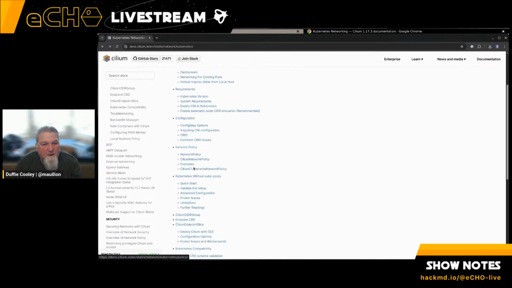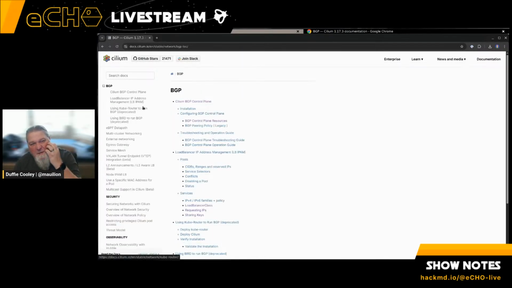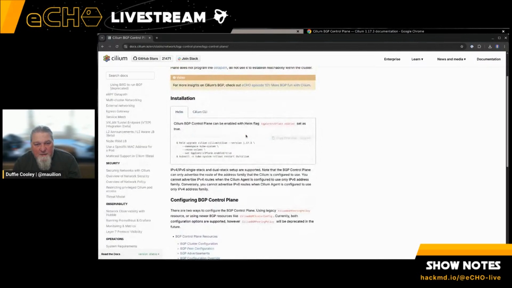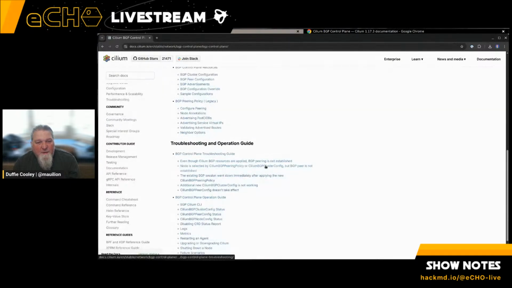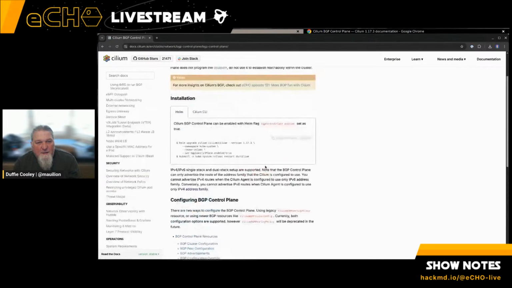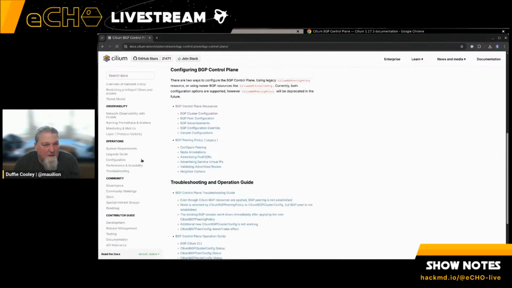Now, the next thing I want to talk about is the BGP side of things. So let's go here to the BGP side. And inside of the BGP control plane, there are lots of docs that get into some fascinating stuff. But what I want to jump into is expressing services of type load balancer. And that is in this documentation